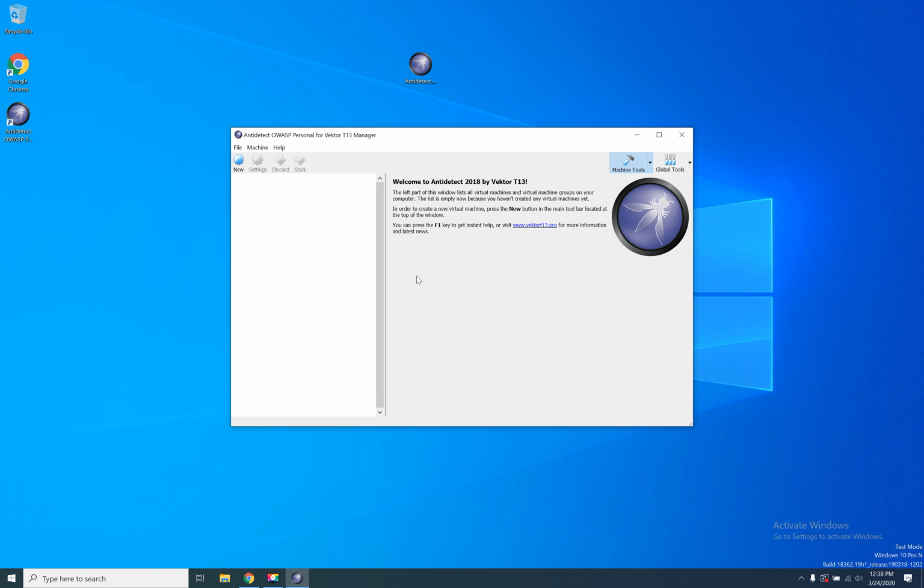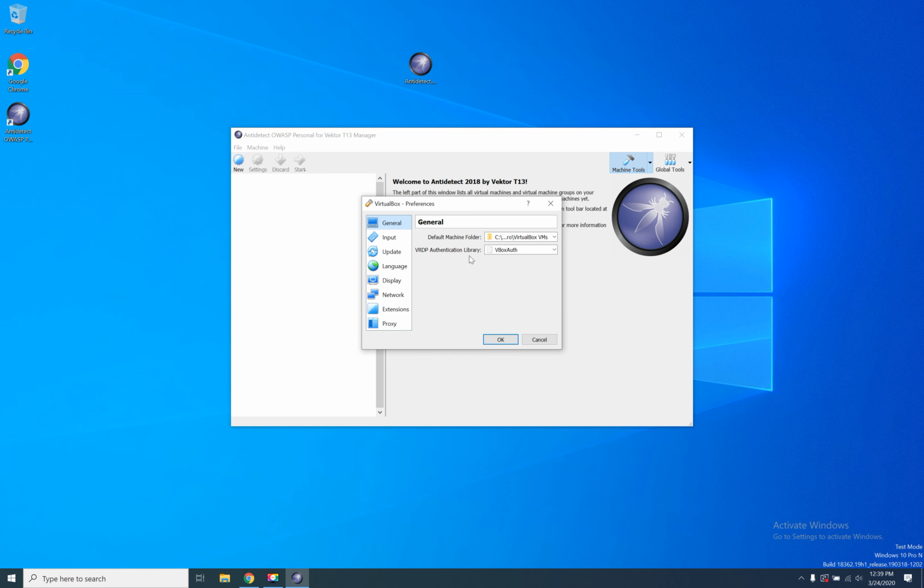But before we start to create our Mothership system, we need to check our VirtualBox virtual machine folder. So we go to the File menu, Preferences, and as you see, Default Machine Folder. The default machine folder is on drive C, inside your user folder,